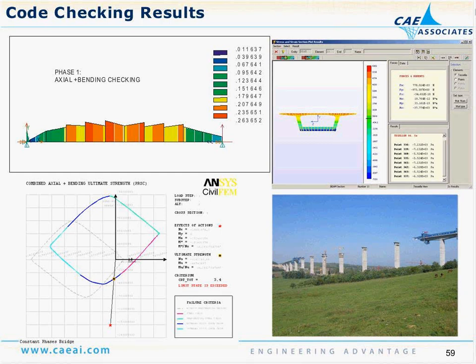Code checking capabilities in CivilFEM and CivilFEM Bridge module in terms of post-processing. We can isolate forces and moments on individual components of our model. From concrete sections, it will do the axial force, bending moment interaction diagram. It'll create the interaction diagram and show you where you are within the interaction diagram, and then scale your result